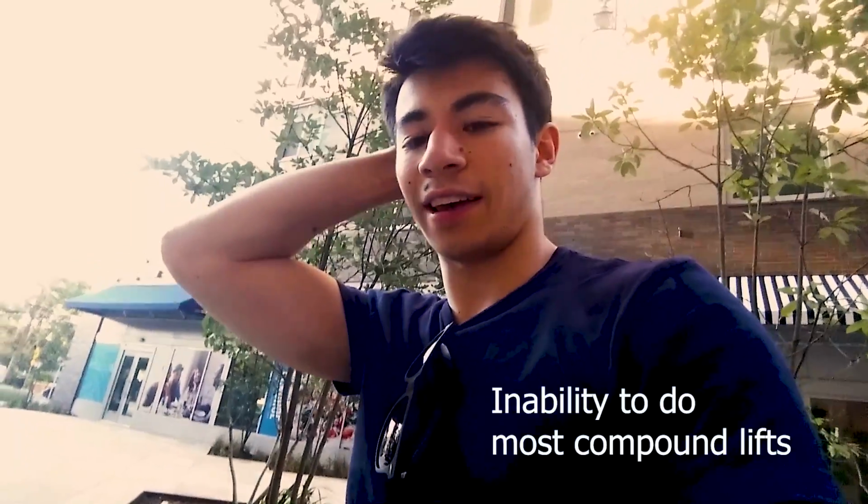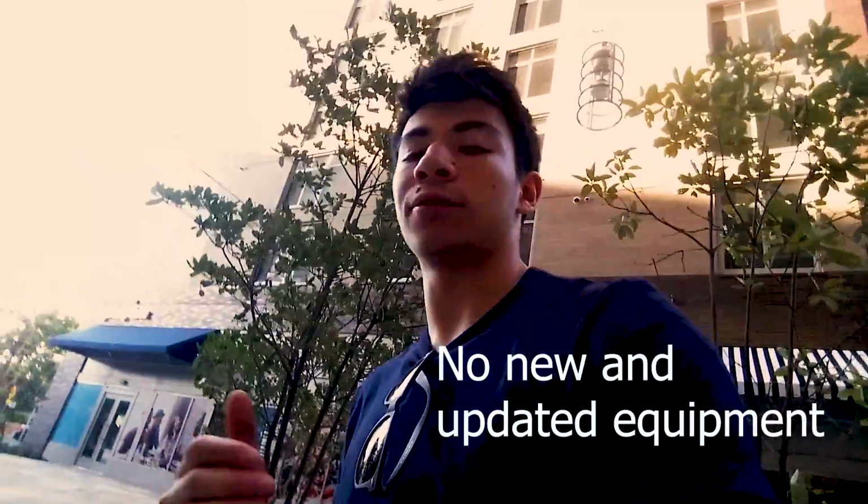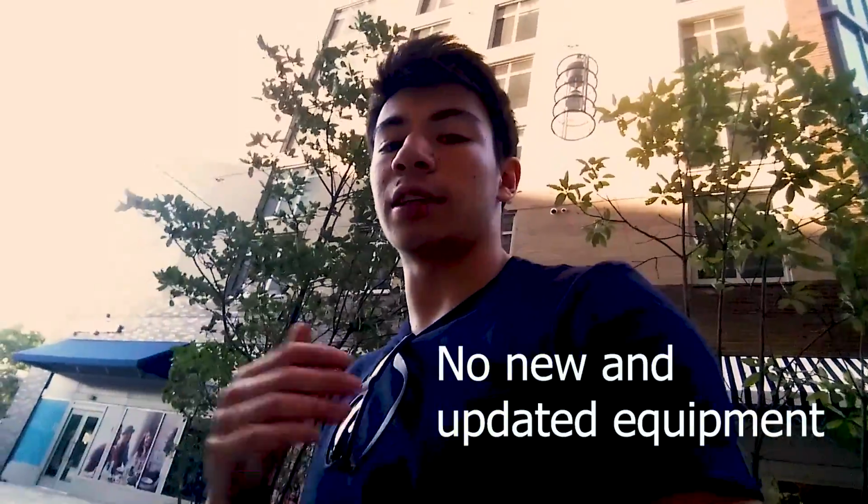The biggest barrier of using a hotel or apartment gym is that you can't do compound lifts. And compound lifts, I think, are key for your strength, obviously: targeting multiple joints, using the most possible weight, building the greatest possible strength. Another thing is that if they do happen to have that equipment, or even if they don't, the most desirable equipment is always going to be taken, I guarantee. And lastly, equipment might be an afterthought. So you're not exactly going to get new and updated equipment. It's going to tend to be on the old side,